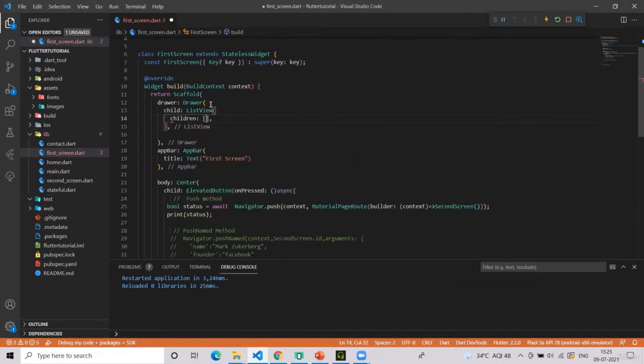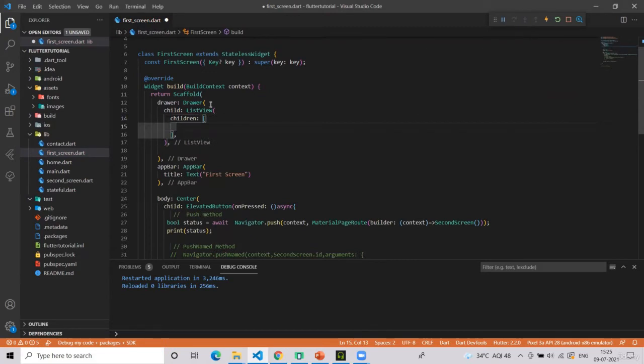But right now, just remember, inside that, just have a list view, and inside list view we can have different options. First, I will just show you a list tile with one navigation option.